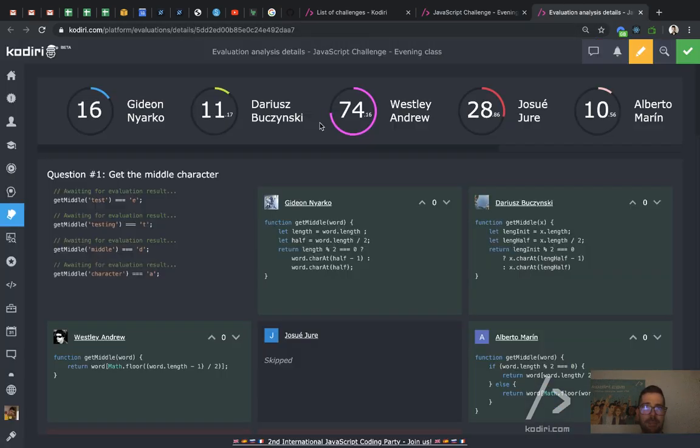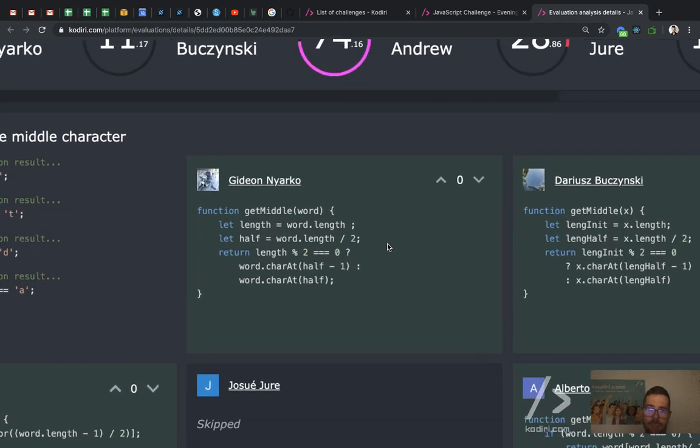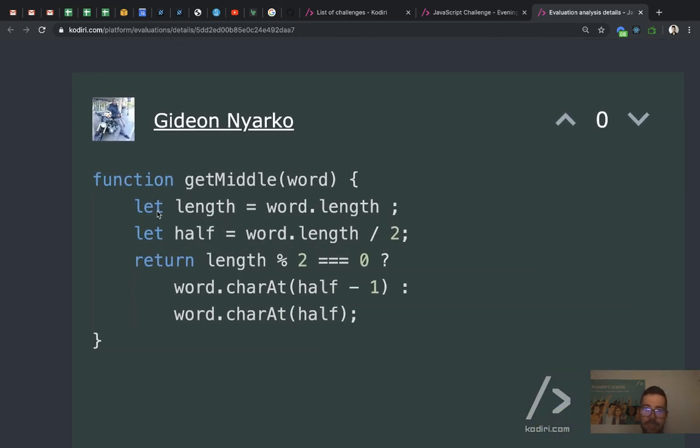So what you did here? So Gideon. So he's getting the length of the array. I don't understand that space. And then he's getting half. Good, I like that. And then if, that means it's even. That's interesting. You can use character add. Yeah, it's the same as square brackets. It's a different syntax. Yeah. So if it's even, then half minus 1. If it's odd,